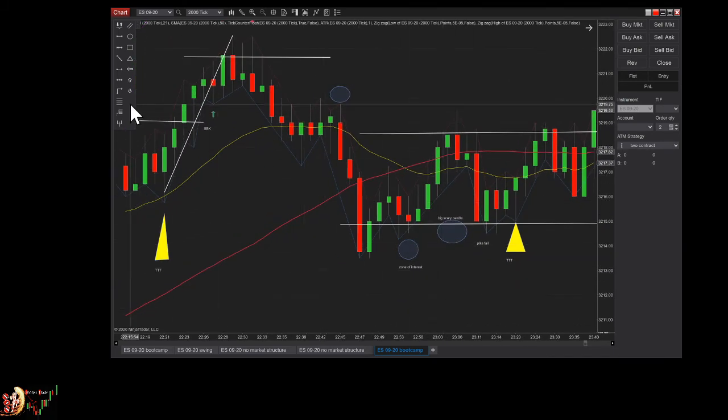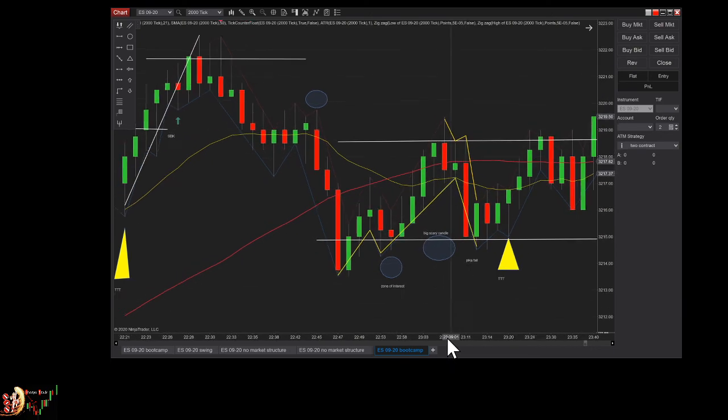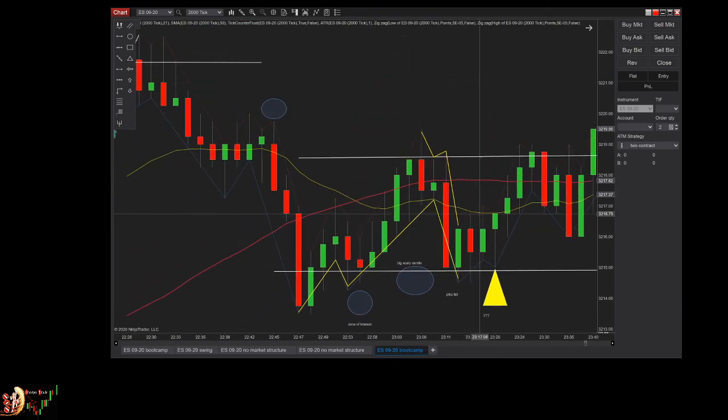Okay, so the Pikachu over here, which is a failed two-legged pullback and a two-legged pullback. Okay, so luckily for me, I was discussing with Dean, and I didn't see the setup when it happened. I didn't take it, but I saw it when it finished, and I saw that it did first the high and then went lower. And if you place a buy stop over here, you would have been stopped out because we have only a 2 point stop loss. Okay, but of course the normal rule for others was to place it here.